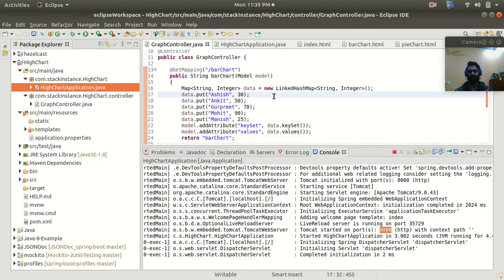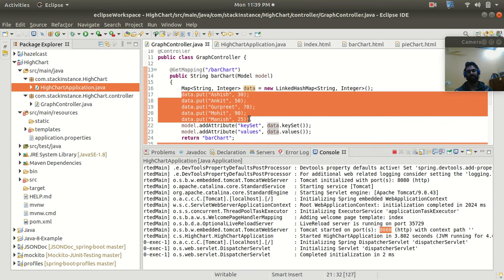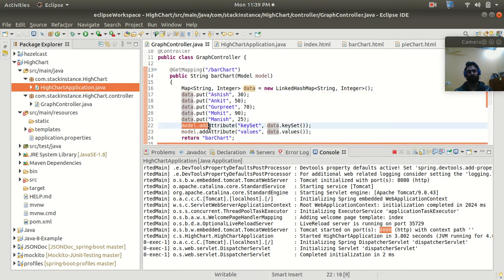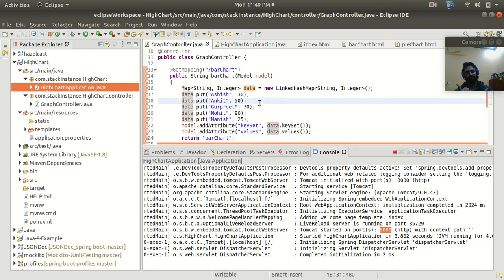For saving time, I have just shown you by adding the data here in the controller, and then adding this to the attribute. And if you want a lecture on how to create the chart using Highcharts from the database, then I can create that lecture also in future. But for now I am showing this by adding the data from here, right?